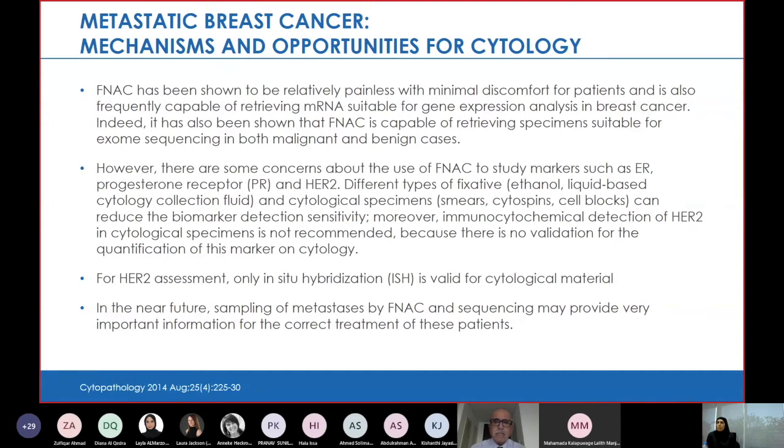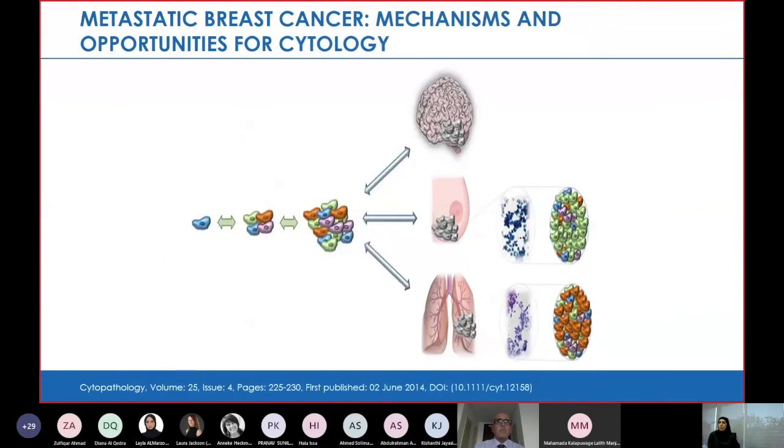Next slide, please. This is just to recap the type of material that we can obtain from the different sites of metastatic spread in cytology, on which we can do molecular profiling as well. I think now we can run the